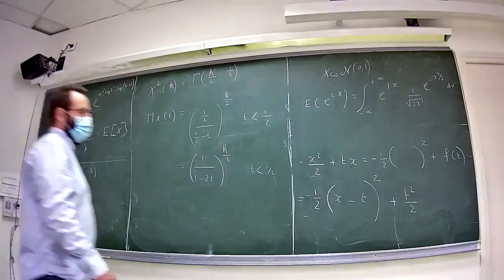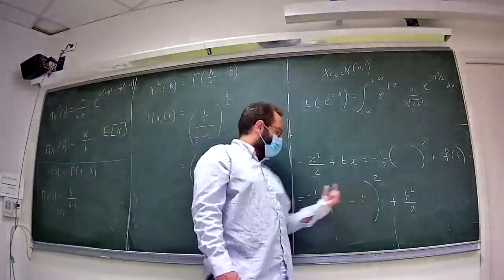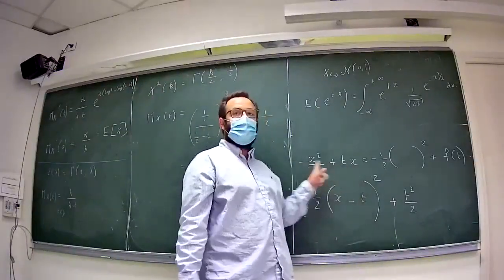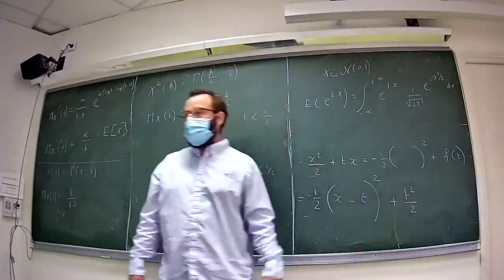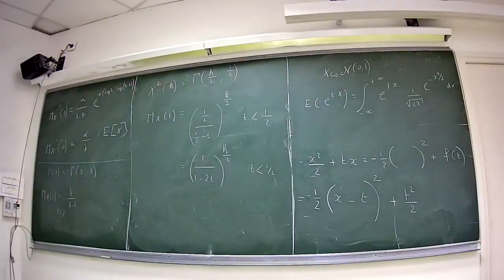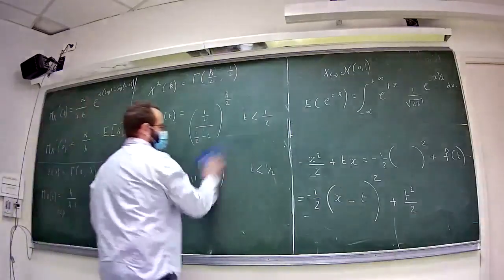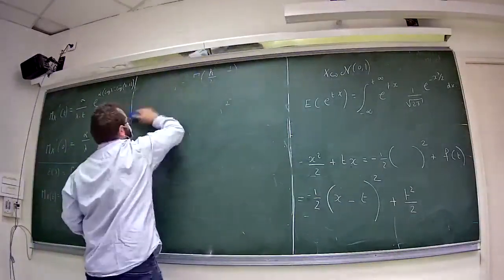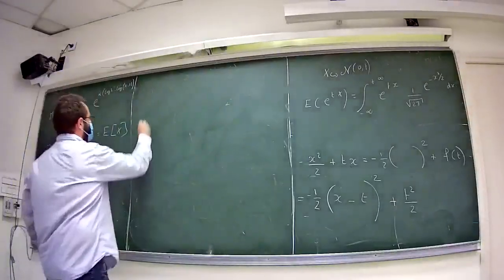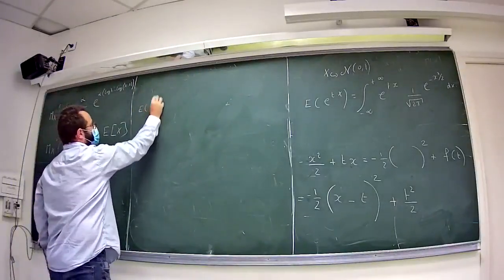Minus t squared is t squared, so I have minus t squared over 2. If I want to erase it because it doesn't appear in my initial expression, I have to put a plus. Okay, now it's finished. Why is it finished? Because if I come back to the integral I want to compute, that is the moment generating